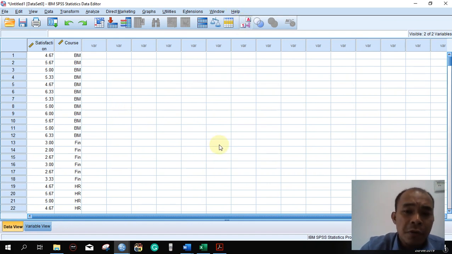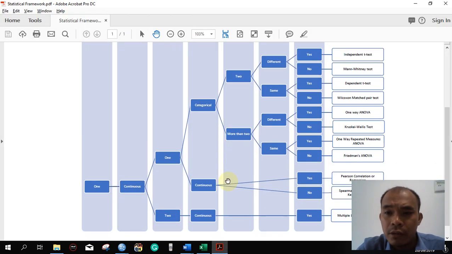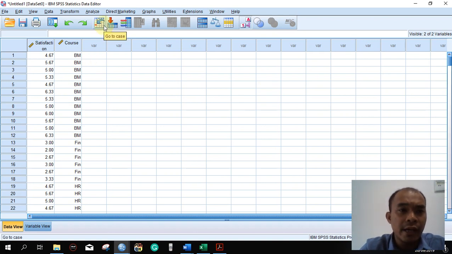Okay, so first is for us to decide. We only have two options here, the tools that we can use. We can use either the one-way ANOVA or the Kruskal-Wallis. Okay, let's proceed. So how do we test the